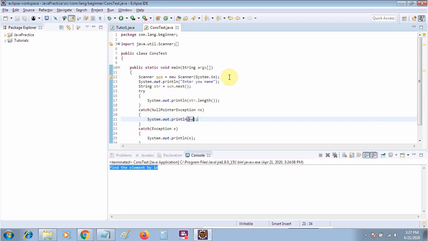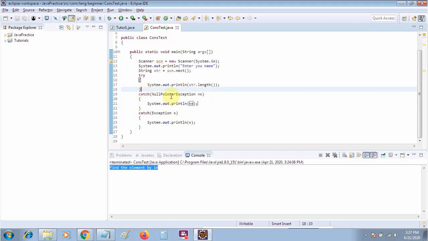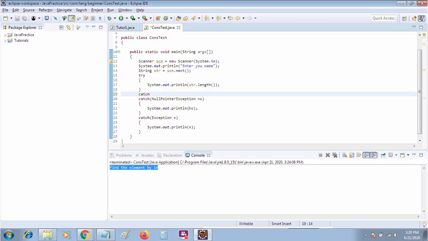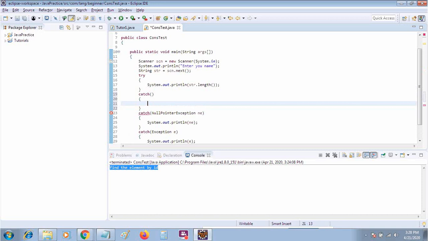In such a scenario where you don't know what input will come, or which kind of exception may appear, whether it is arithmetic or something else, you can apply multiple catch blocks with a single try block. Suppose you want to add one more catch block with ArithmeticException. You can also implement it here. So whatever the user does, the appropriate exception message will be printed out.